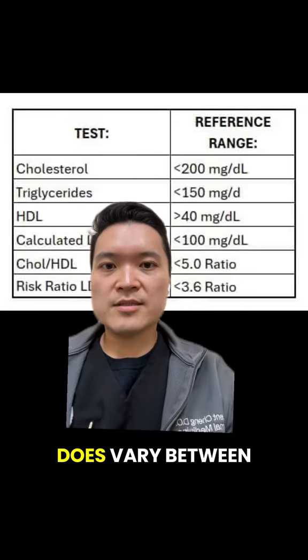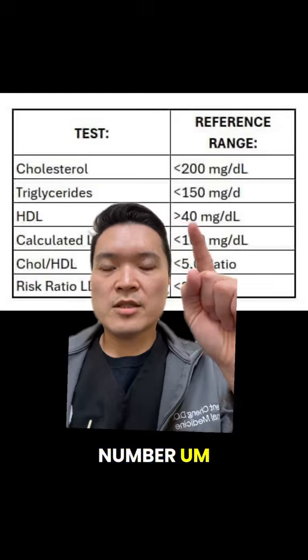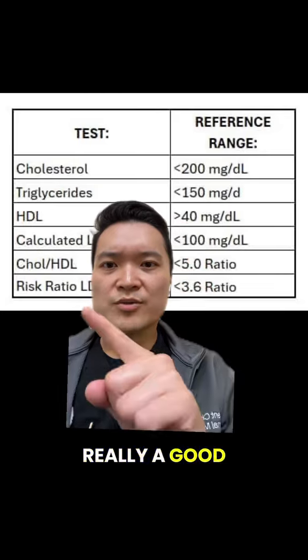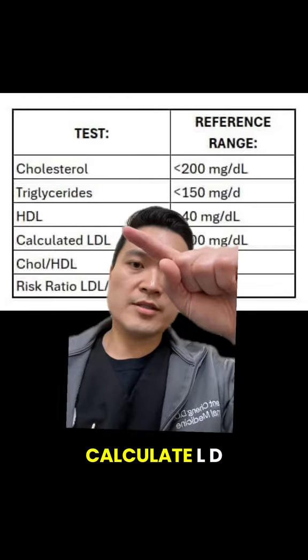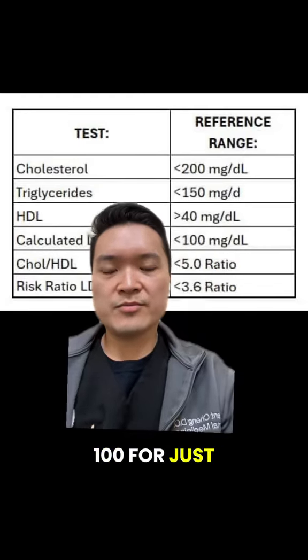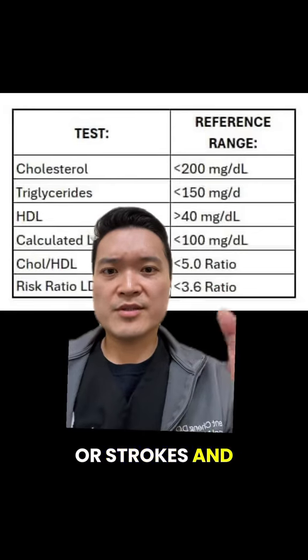For HDL, this does vary between females and males, but in general, 40 is the number. Usually, there's not really a good way of increasing HDL except for exercise and improved diet. Calculated LDL less than 100 for just the average person. However, if someone has had a history of heart attacks or strokes and things like that, less than 70 is